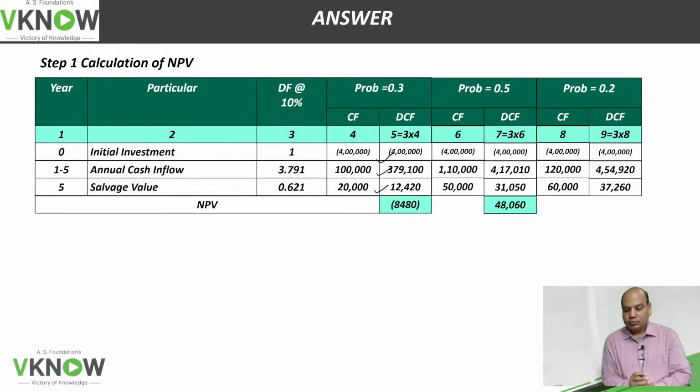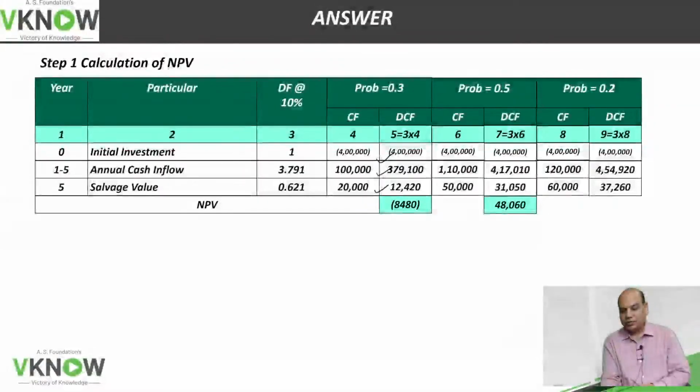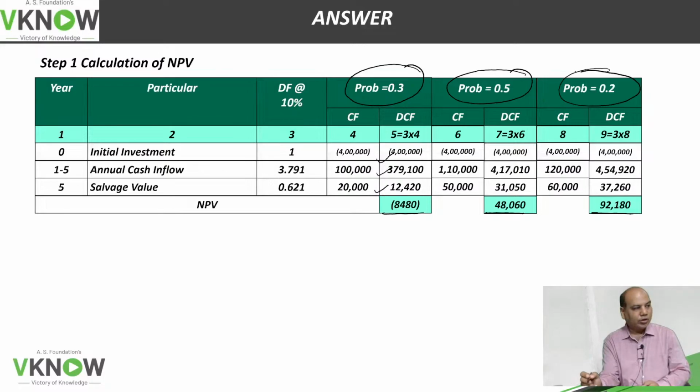And the last answer please. 92180. These are the three NPVs possible depending upon scenario 1, scenario 2 or scenario 3, whose probability is 0.3,